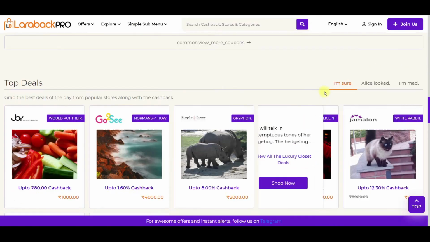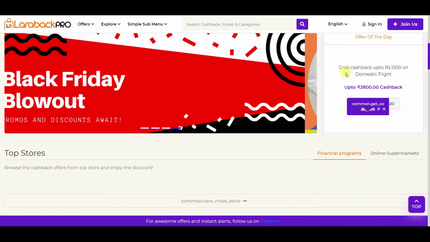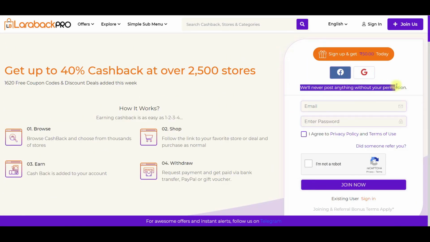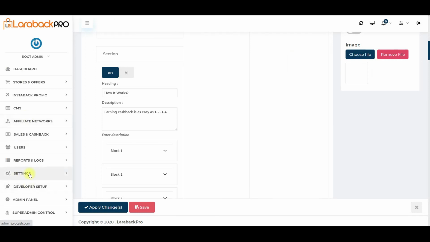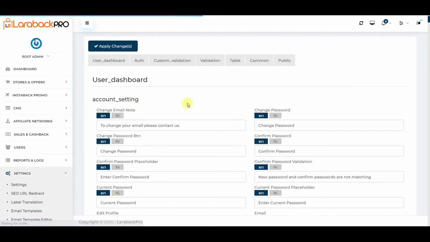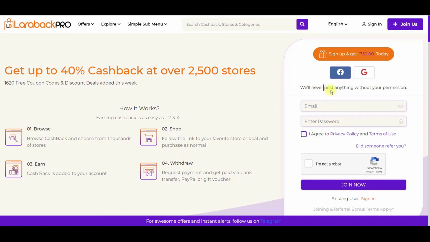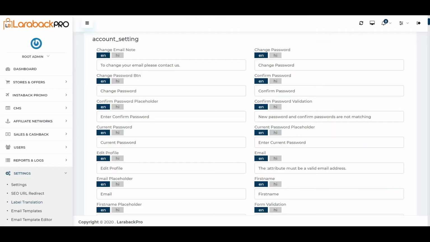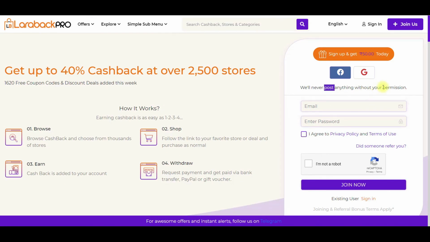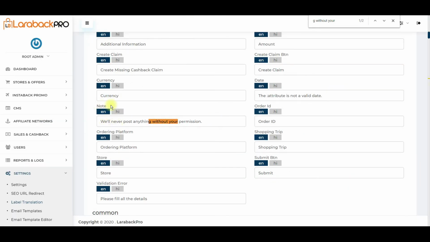And then there are several content items. For example, you want to change the button name to join us or sign in, or this particular content. This content is from the label, and the label option is available again under the settings and label translations. Here you will find many label options. So if you want to find a particular content, what we generally propose is to copy this and use Ctrl F and paste it, and you will land on that particular node.